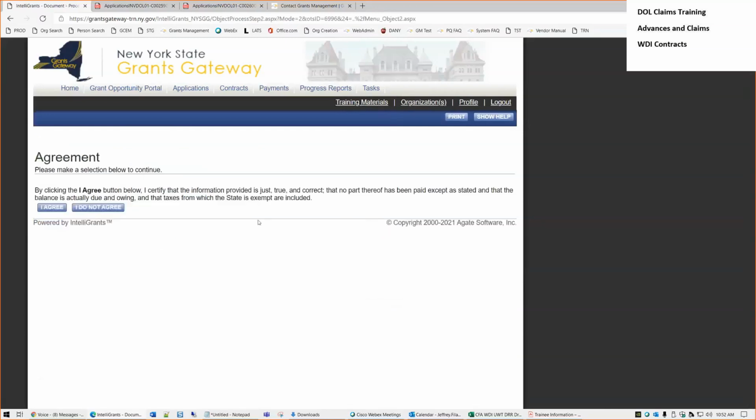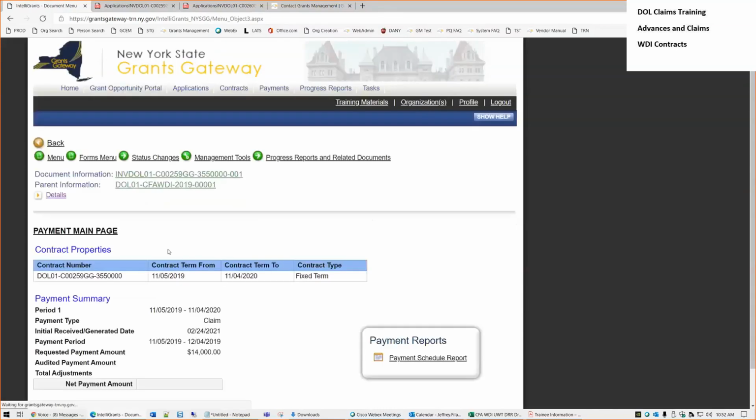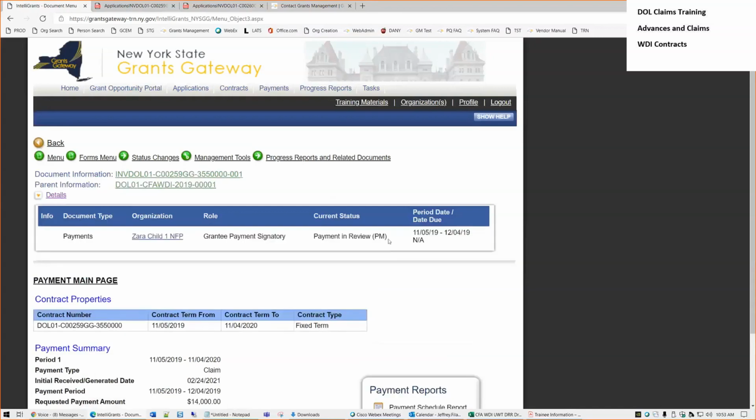Okay, here's that attestation again. Yes, I agree that everything I've just provided is true and correct. And I've submitted it. Okay, so it's now in that status of payment in review PM. The program manager is the first stop, and they will review it. They may choose to send it back to me in the status of payment info requested. Maybe